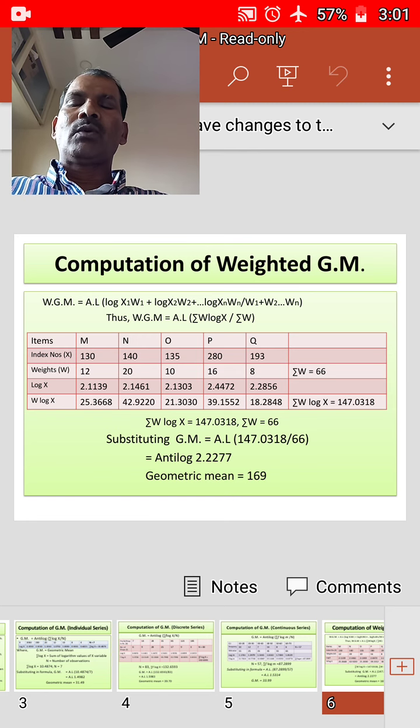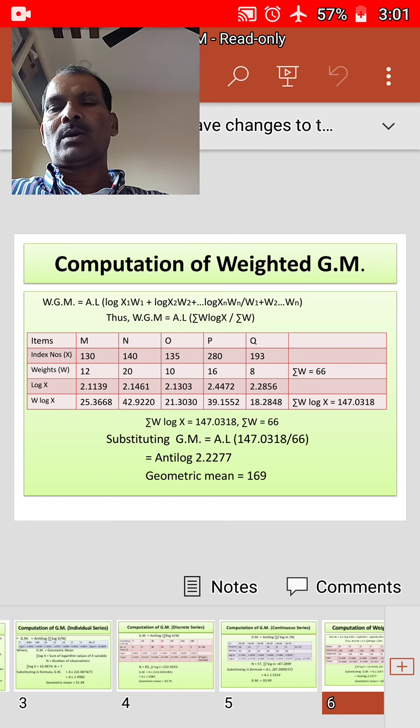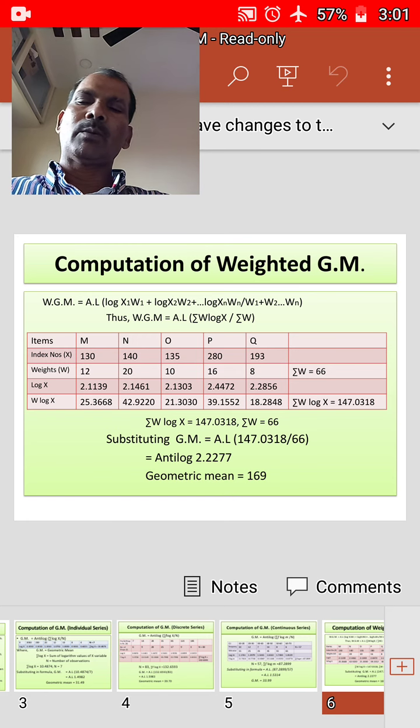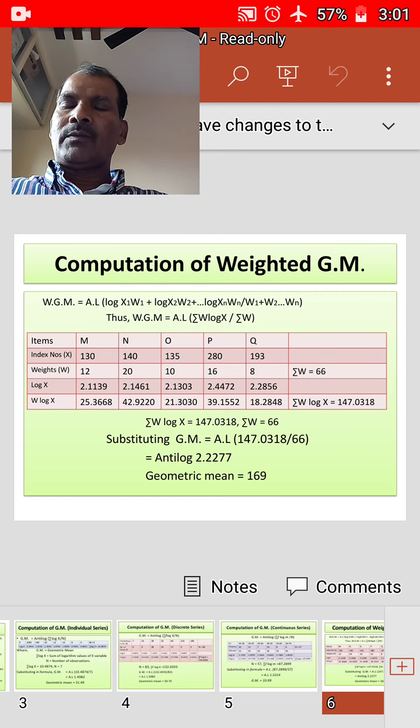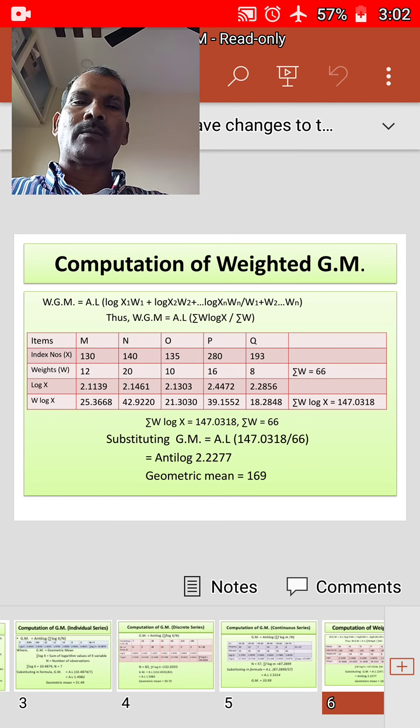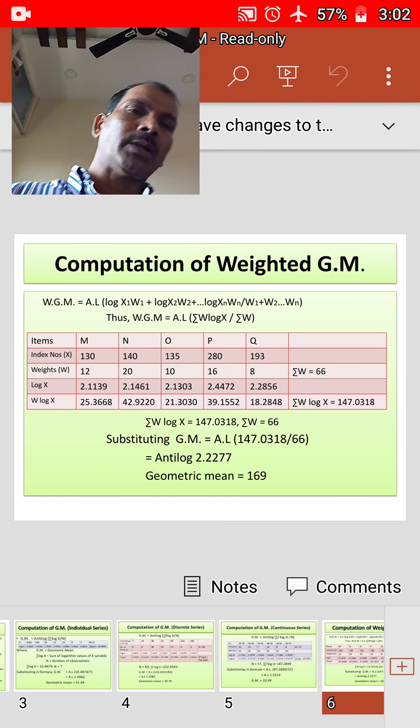If you summate all these w log x values, that will become sigma w log x, which is equal to 147.0318. Okay, now we got sigma w is equal to 66 and sigma w log x is equal to 147.0318. If you substitute these values in the given formula, that is given in the PPT, we will get